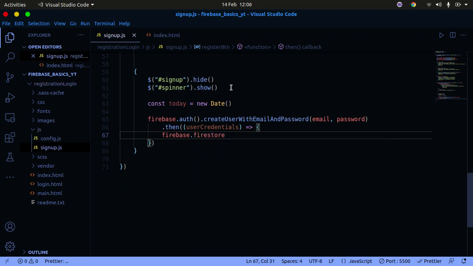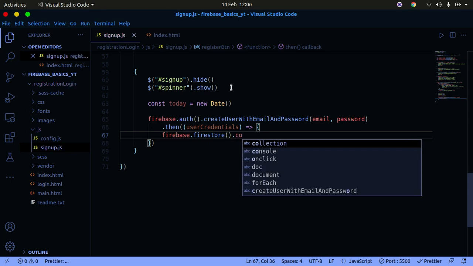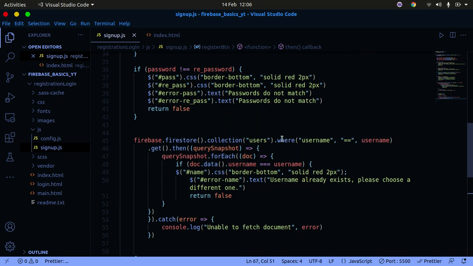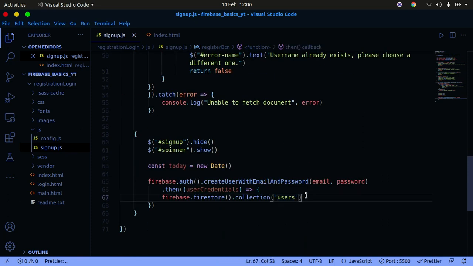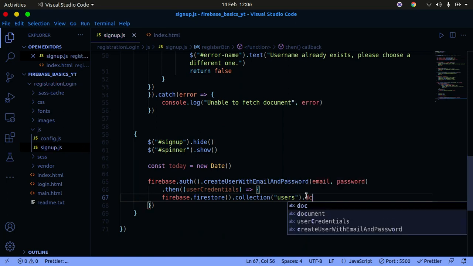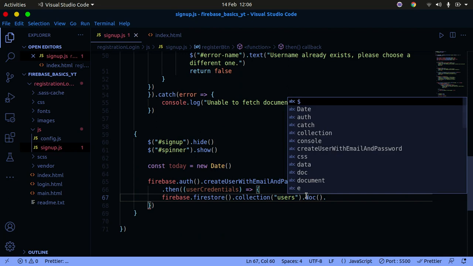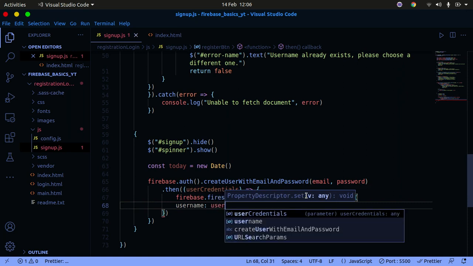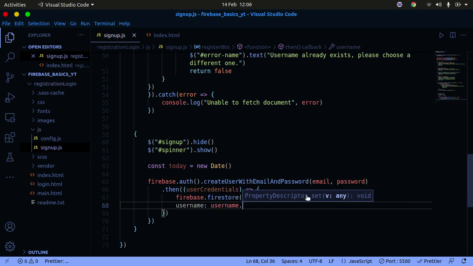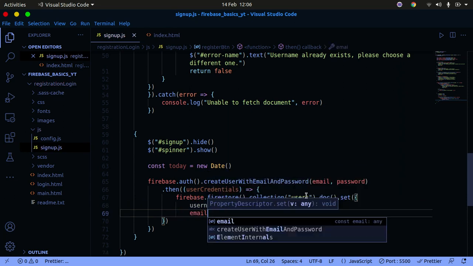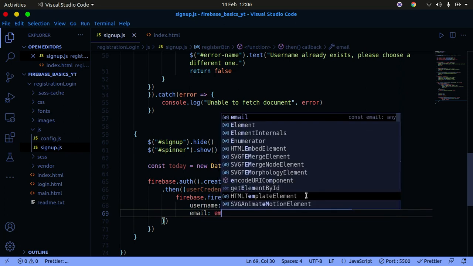firestore, and then dot collection, and you're going to say users, and users is what we provided in here as well. So users, and then we simply say dot doc. So get the doc, and then dot set. We're going to pass in an object here. So we say username, and it's going to be the username that we just got. And then we provide the email, and the email is going to be the email that the user